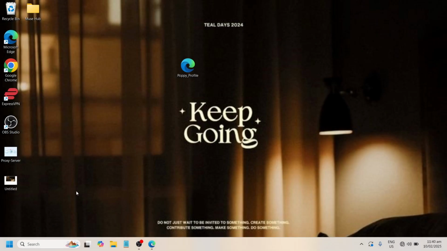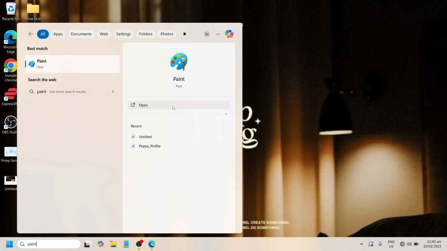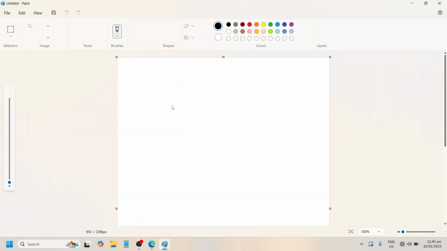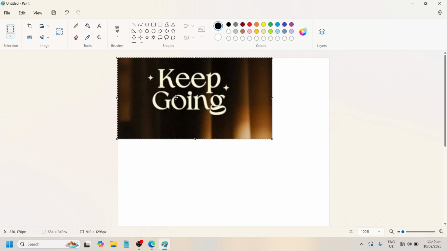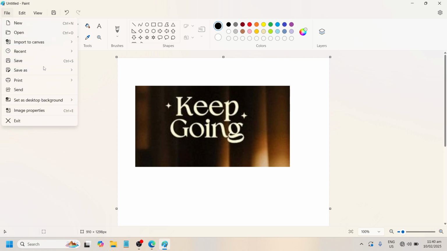Okay? After that, go back to Paint again, search for Paint, click on Open, Control V again to paste, and as you can see here, it has this keep going, which I have just screenshot earlier. Okay? In order to save, just click again File, Save As, and choose the format that you